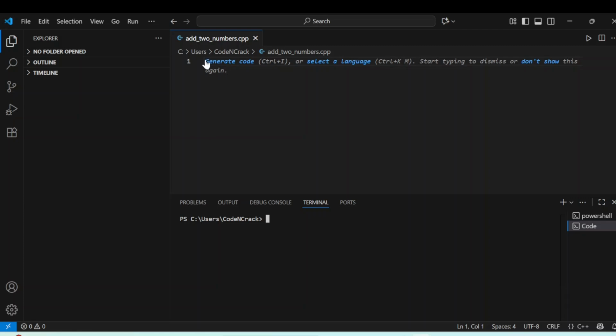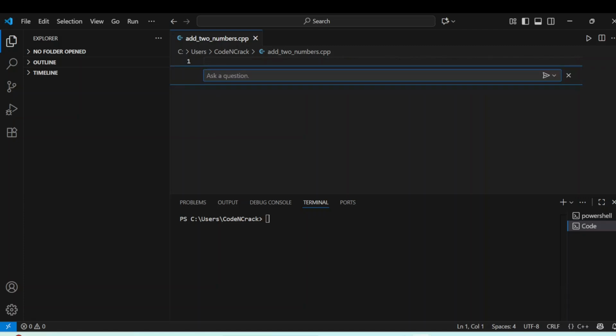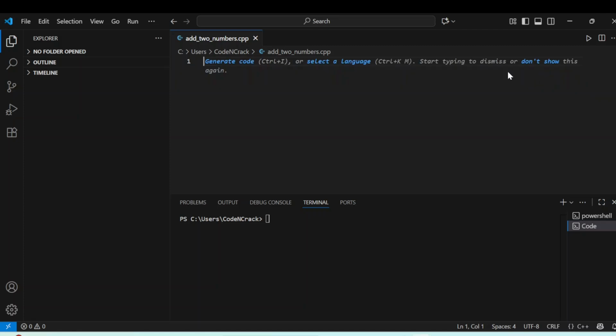Here we will write our program. To add 2 numbers, hashtag include. We have to include the iostream library. Here we don't need string, so I am not including it. Using